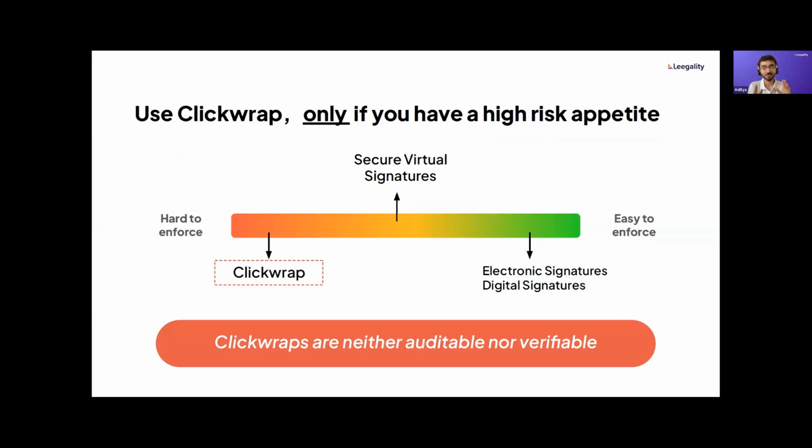And the real mistake here is not using clickwrap per se. Many know and use it full well, knowing the potential compliance risks and consequences. The real mistake is using clickwrap without being aware of the enforcement and audit risks. Many have done the implementation purely because, okay, I have an existing clickwrap process. Let me just extend it to KFS, right? Know the risks and take a call with full knowledge of the risks of implementing it with a clickwrap I accept or I agree box, right?